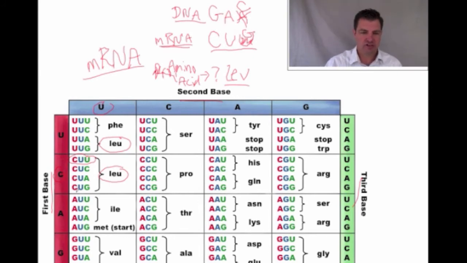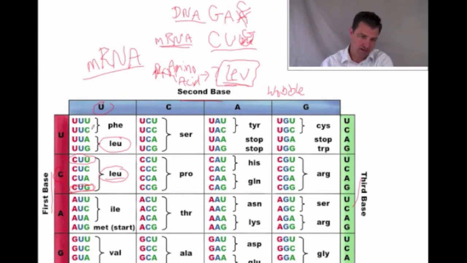But you notice if I go down here, it turns out that even though that mutation would change the DNA and it would change the mRNA, notice it gives me the same amino acid, which is good because that means that I'm still putting the same amino acid in the right spot. So often we call this the wobble effect. So the idea of the wobble effect is that oftentimes that third mRNA,